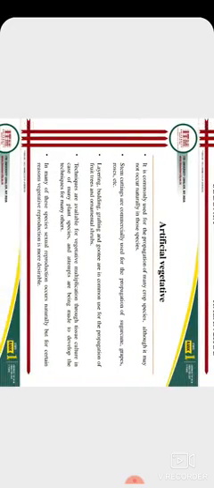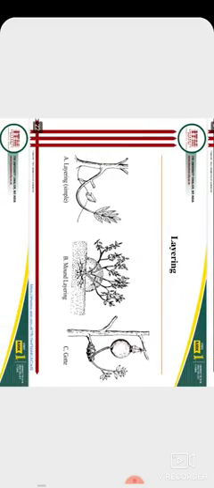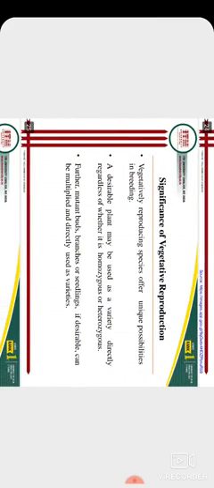After that I have told you about natural vegetative propagation. After that, artificial, how we can artificially propagate, vegetatively propagate. For that, layering, grafting, budding, all these steps were there. Next one was significance of vegetative reproduction or propagation. So these are some significance,